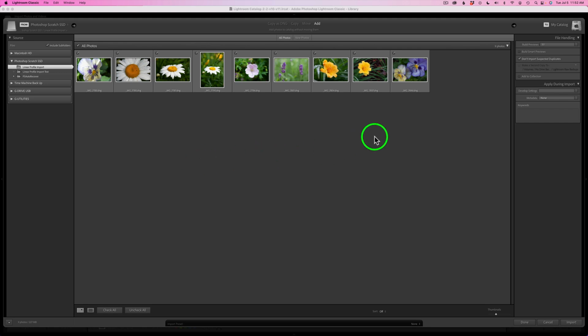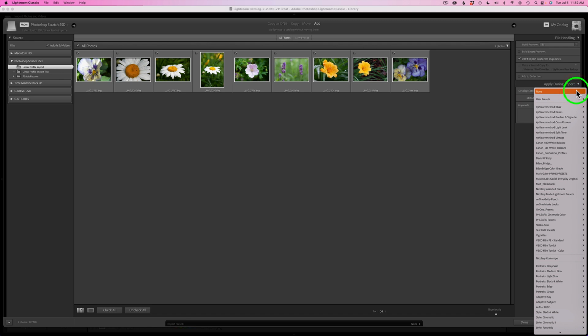Now, what we need to do is come over to the right side of the interface, and this is where you're going to find this area where it says Apply during import. If this is closed, you need to open it up by clicking on the triangle. And see here where it says Develop Settings. Click on this drop-down menu. And you'll notice you have all these different presets that you can apply to the import. We want to come under User Presets, and it's the top of the list here, and just find the preset you want. Now, I know this is a Canon 40D, not a 5D Mark II, so it's important that you